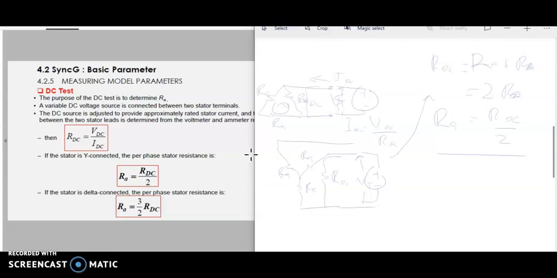Meanwhile, if your connection is delta, your RDC will become the amount of RA in parallel with another 2 RA. This is a paralleling process, which means RA multiplied